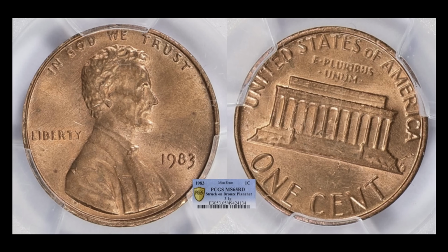PCGS MS65 Red is the finest known example of this coin, and it's by a large margin. It's not even close. I think the next grade is probably a 62 or 63, red or red brown. So that's a pretty wide gap between the next grade level and the top pop, which is this one. But anyways, if you were looking to find one of these at this grade level, expect a price tag similar to what this one sold for, at $29,250,